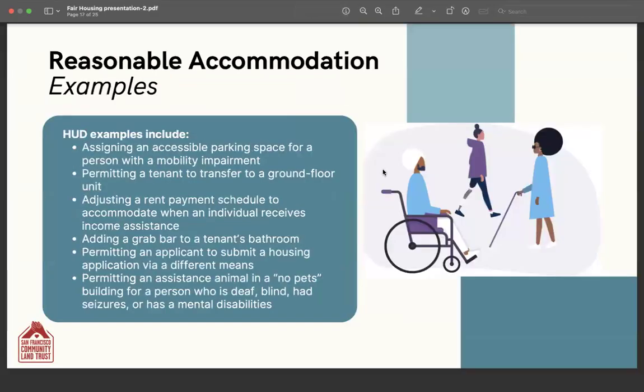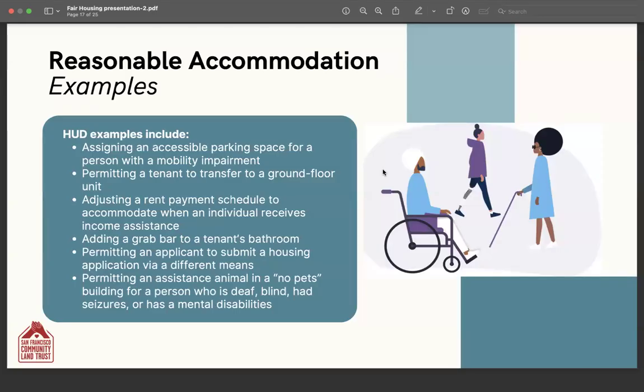And here are a list of examples that HUD, the Department of Housing and Urban Development, has. And again, these are not comprehensive, but it just gives you an idea of what a reasonable accommodation request could look like and how it could be addressed. So assigning an accessible parking space to somebody that has mobility issues, permitting someone to transfer to a ground floor unit from a higher floor, adjusting a rent payment schedule to accommodate when someone receives income assistance for their disability,